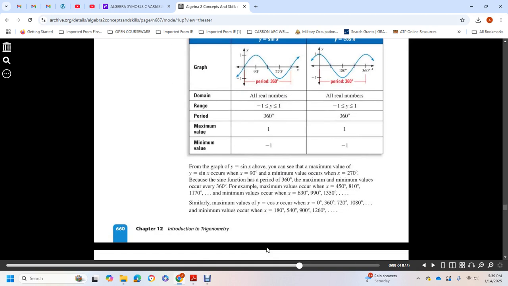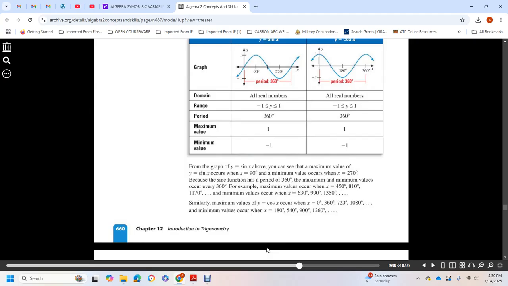From the graph you read of y equals sin x above, you see the maximum value of y occurs at x equals 90 degrees, and the minimum value occurs at x equals 270 degrees. The sine function has a period of 360 degrees, so maximum and minimum values repeat every 360 degrees. For example, the maximum value occurs at x equals 450 degrees, 810, 1170, and the minimum values occur at 630, 990,